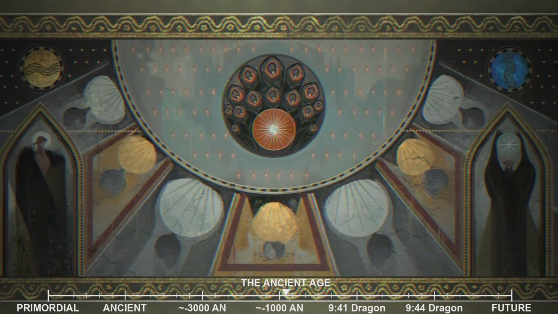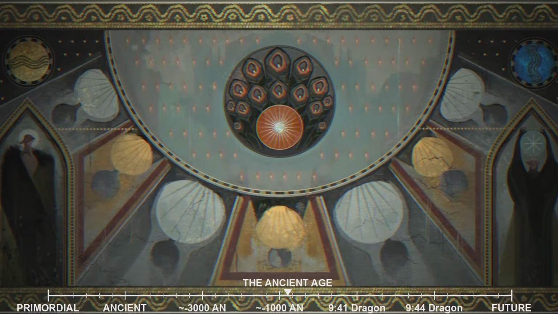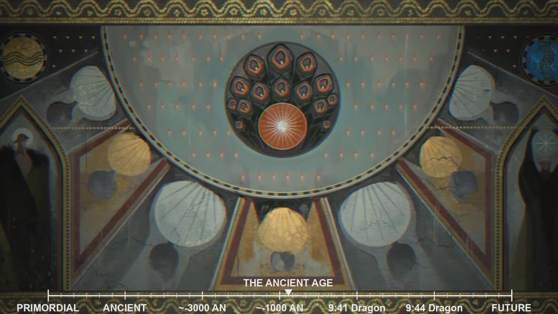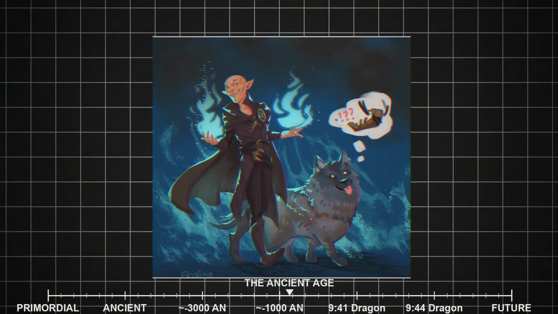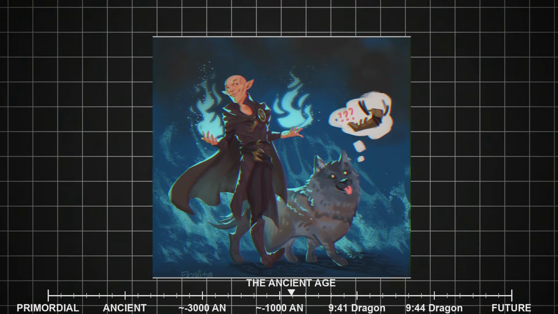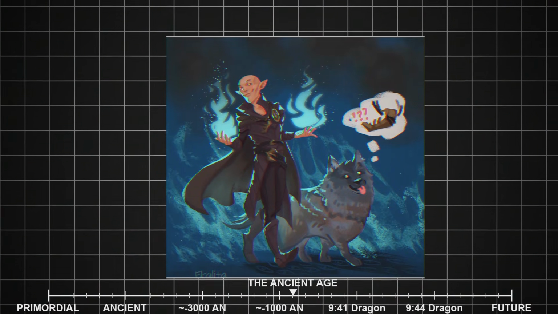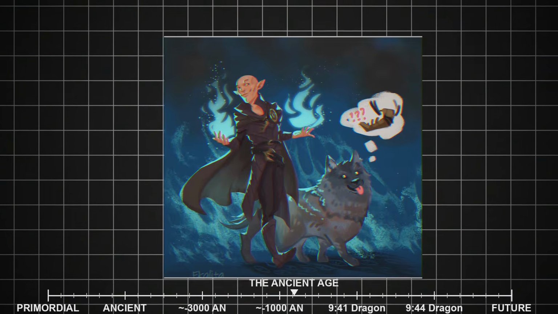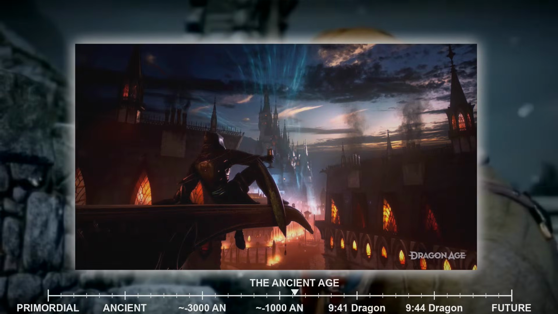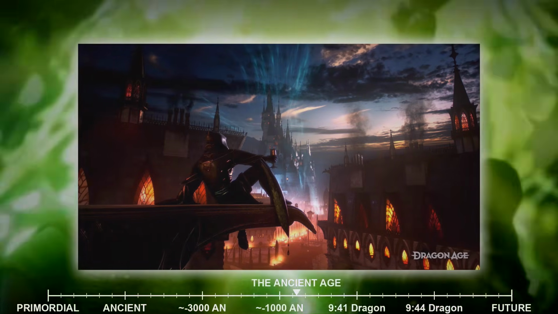The Evanuris, for all their power and glory, are not content with mere worship and respect. As centuries pass, their demands upon their followers grow increasingly burdensome. They require tribute, vast quantities of resources and treasures to fuel their grand projects and satisfy their appetites. They demand sacrifices, though the exact nature of these sacrifices will be debated by scholars for ages to come. Some texts suggest ritual offerings of animals or goods, while darker fragments hint at something far more sinister.